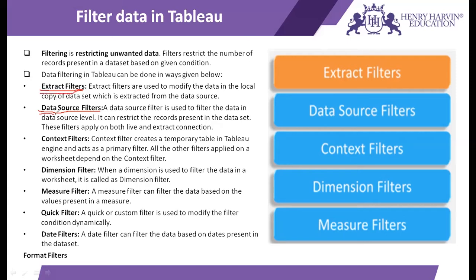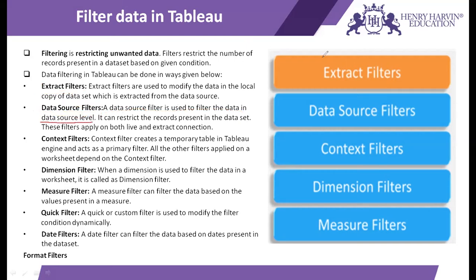data source filters. The difference is, for applying an extract filter, your data connection should be of extract type, but if it is not of extract type, if it is of live type, then you can use data source filters. However, data source filters can be applied on both extract or live connection, it doesn't matter. So in case of extract filters, you must have an extract connection, but in case of data source filter, you can have an extract or live connection, doesn't matter. But we'll see that whenever we are getting an extract or data source filter, its effect is visible in our Tableau workbook then and there only.